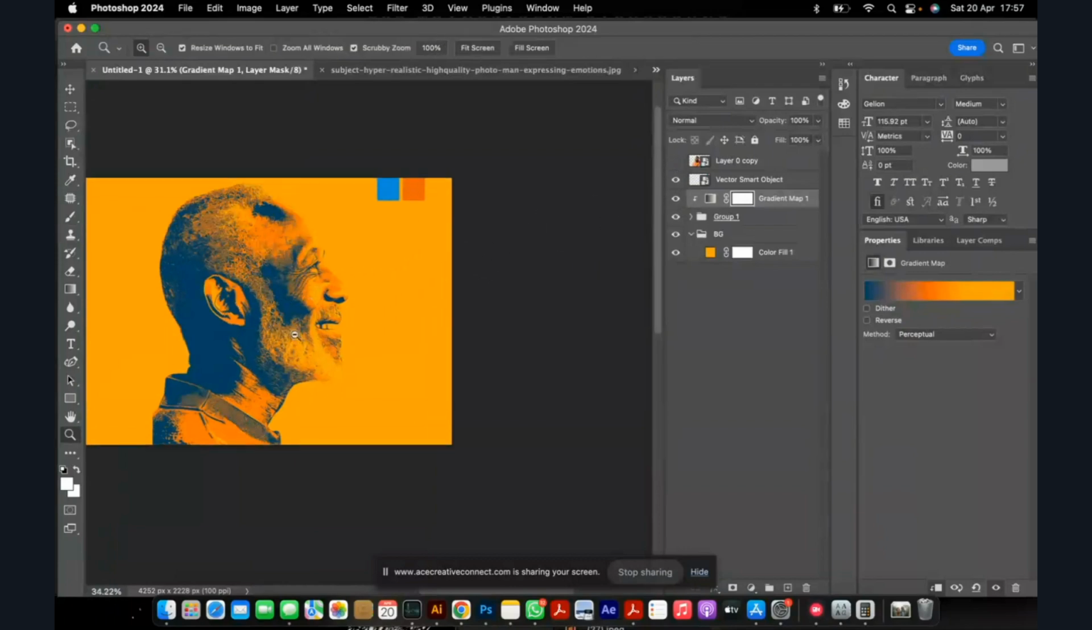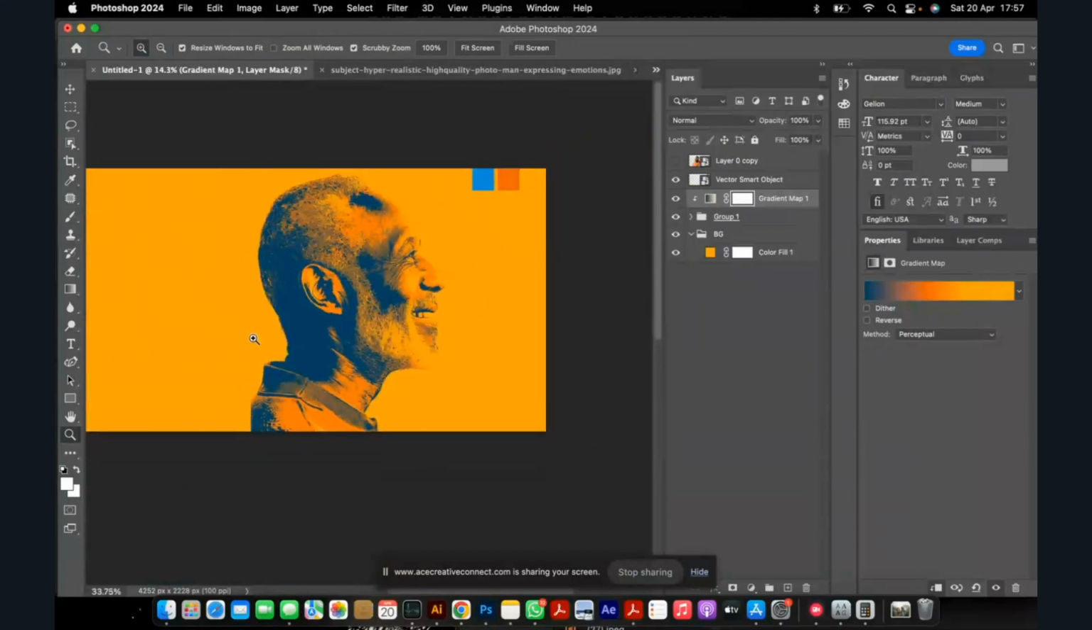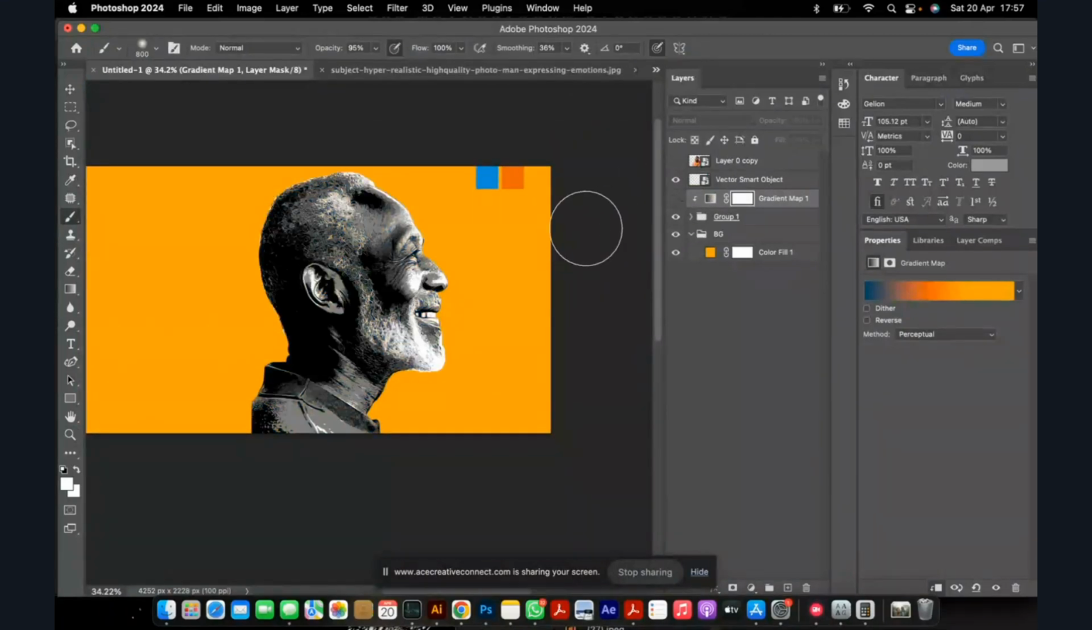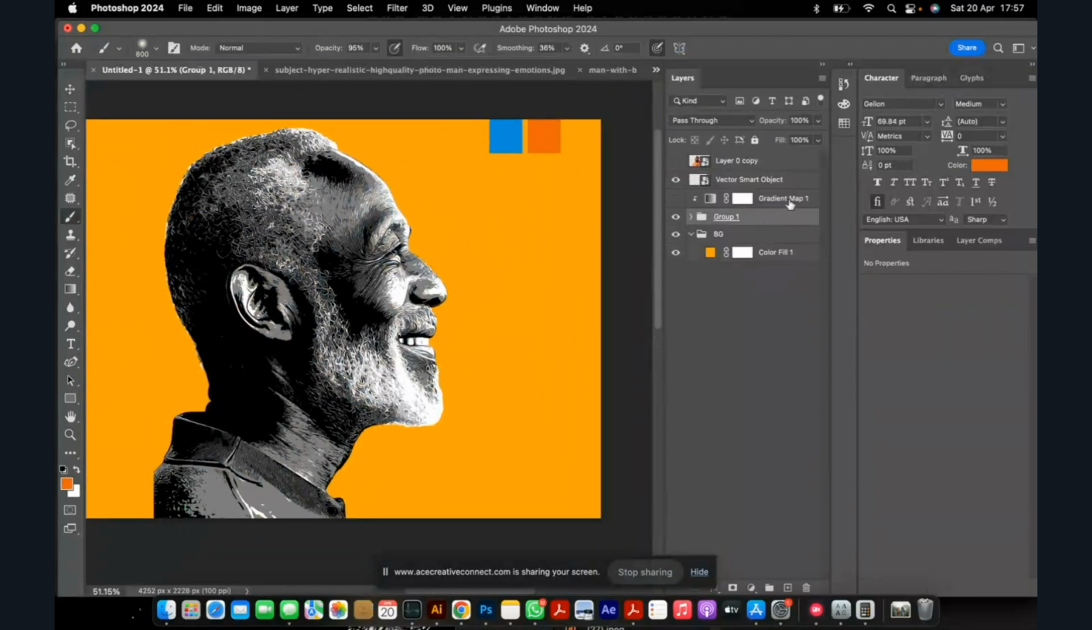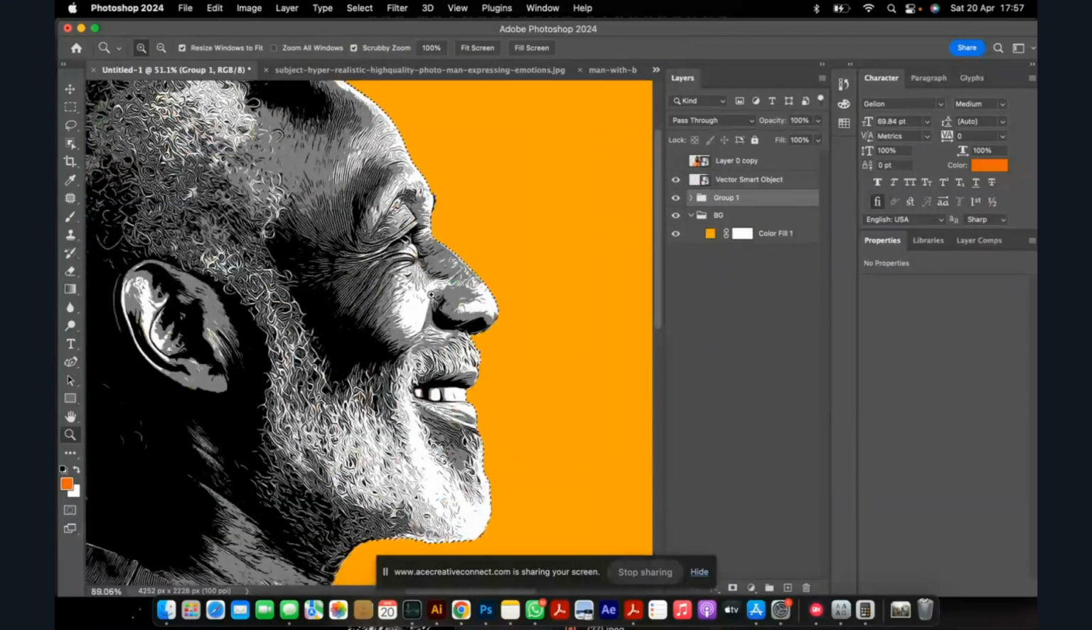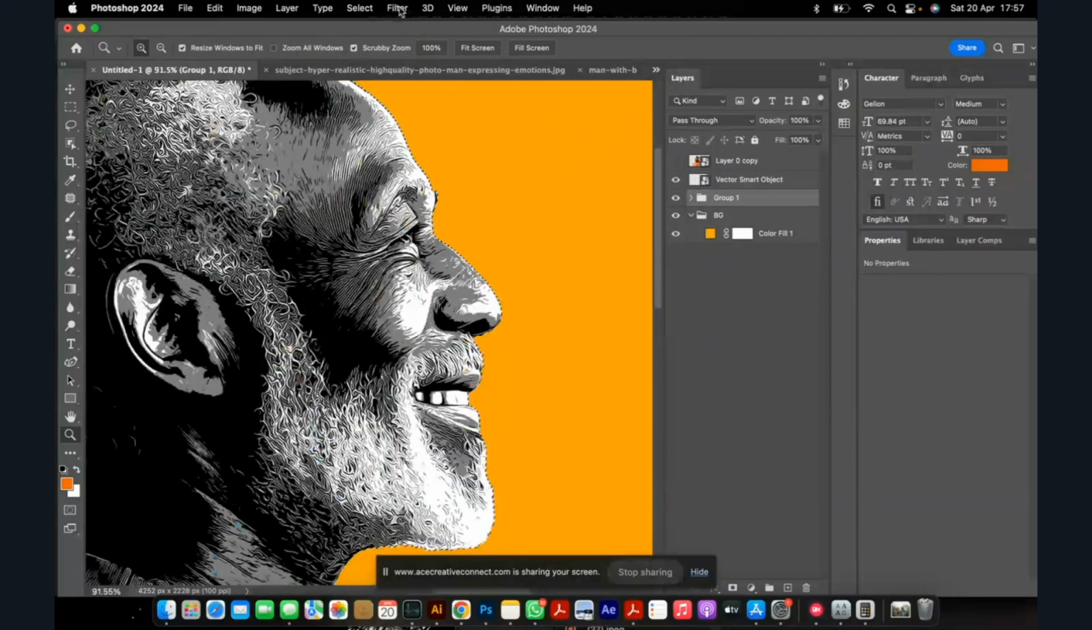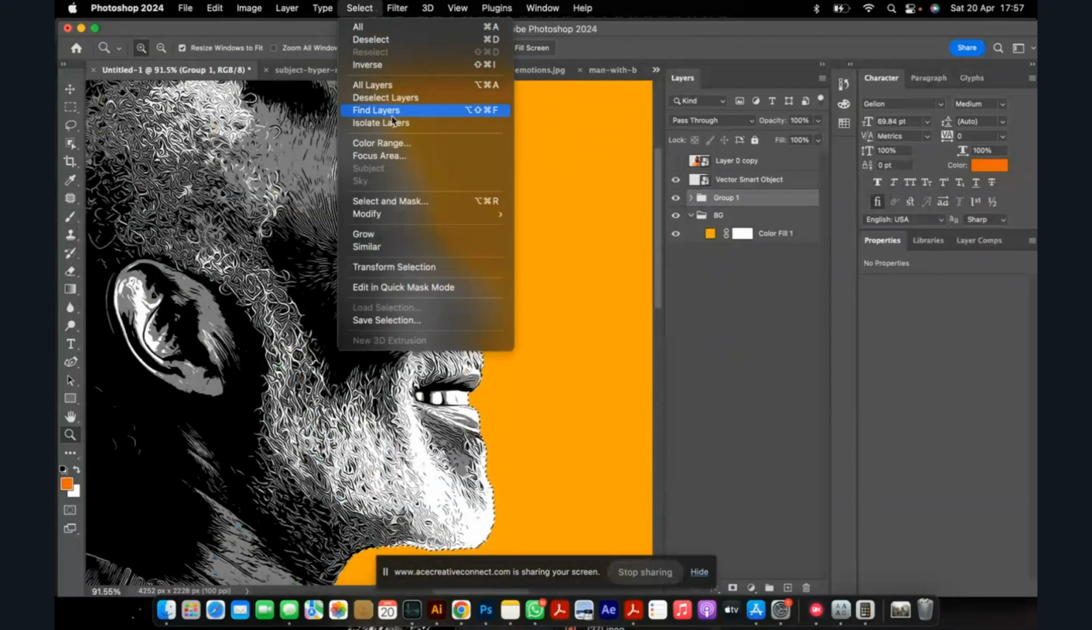So I'm going to use the other method. I'm going to hide this. The next thing I will do here now is let me just delete this gradient map. Select the man image here that I have. Hold your control key and select it like that. Zoom in. After you made your selection, come to select, come to color range,